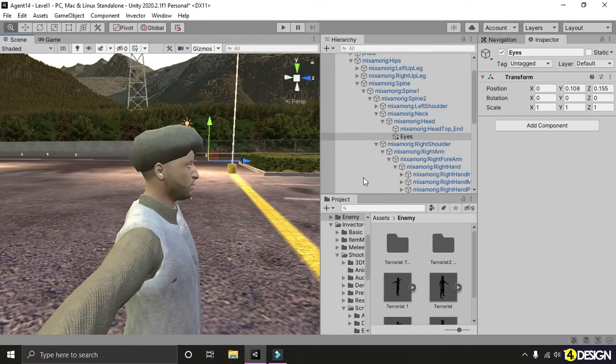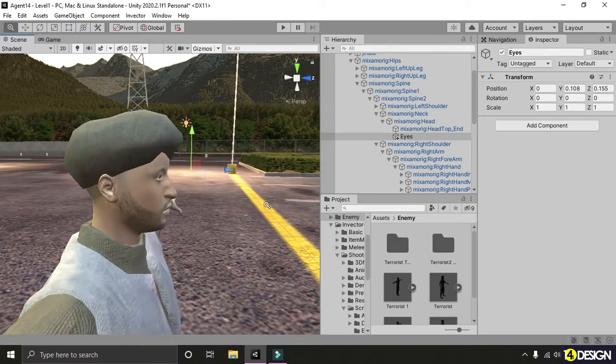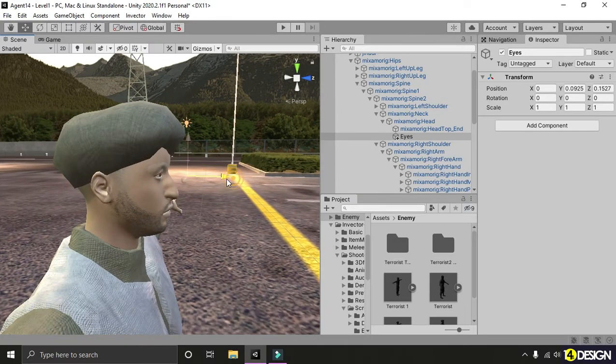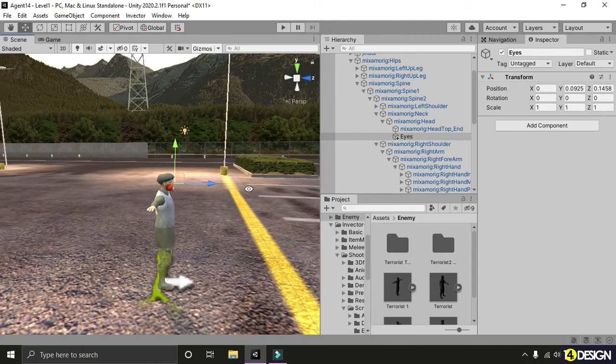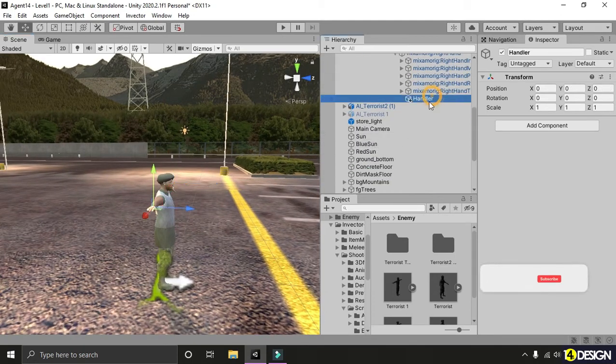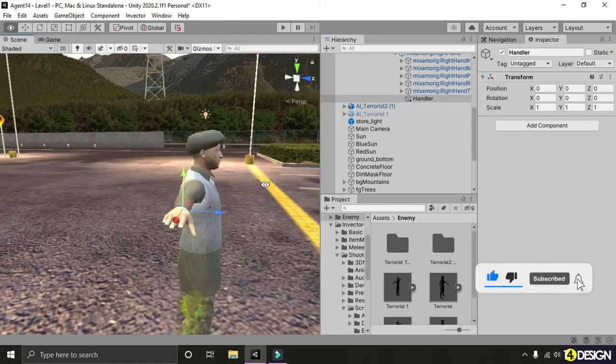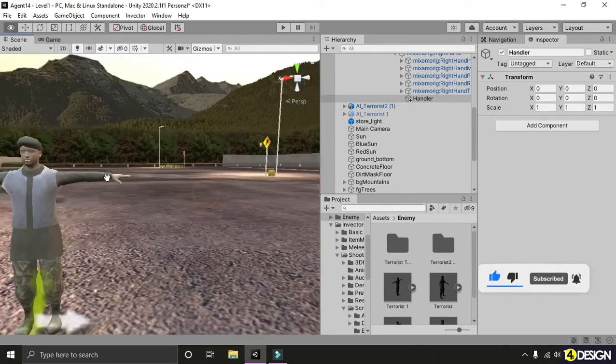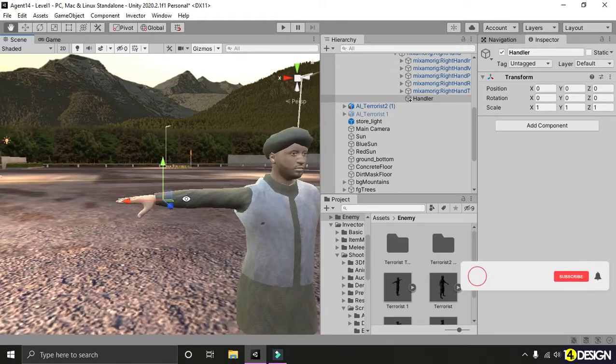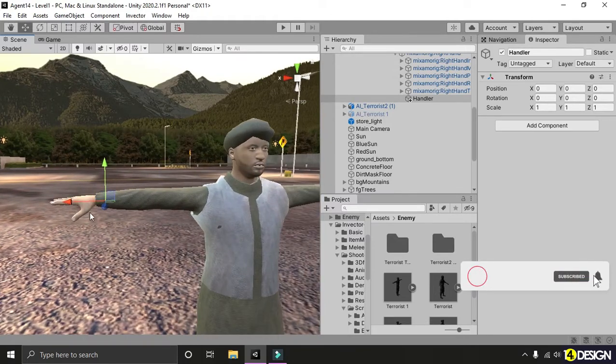Now you have to position the eyes correctly in front of the nose bridge, and what the handler does is it determines the position of the gun. It means my character will be holding the gun handle in this hand.